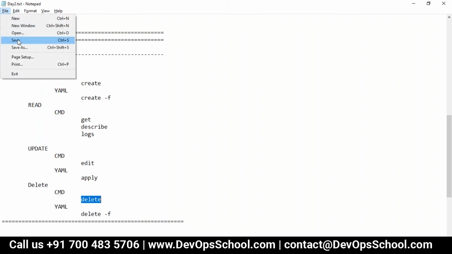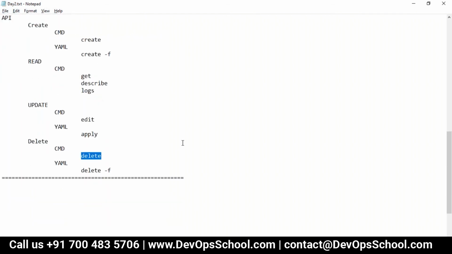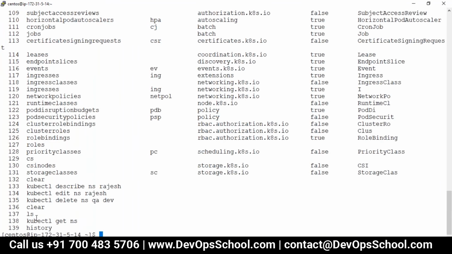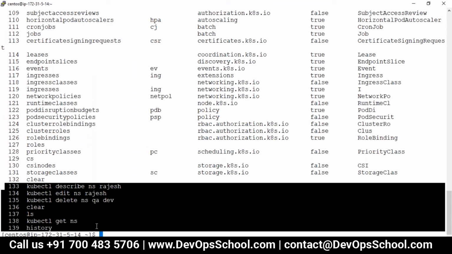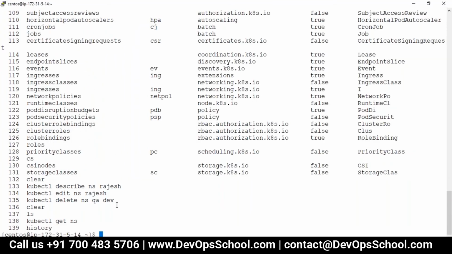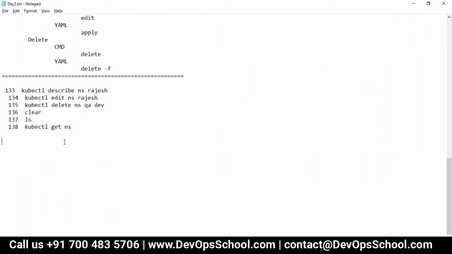Rajesh, is there any way that we can restrict the deletion of a resource, any particular namespace? Yeah, access is there. Right now you are enjoying full access, but yes, you can provide those accesses, and the user I'm logged in as will not be able to delete it. Right now you are enjoying complete super admin permissions with that config entry.